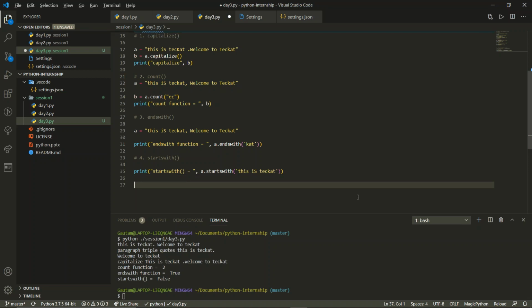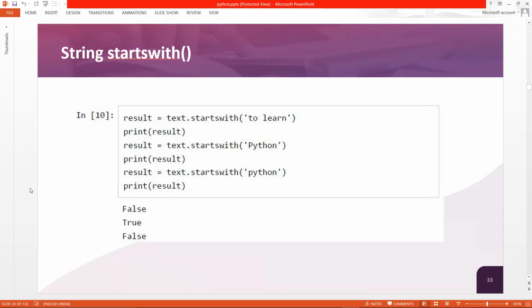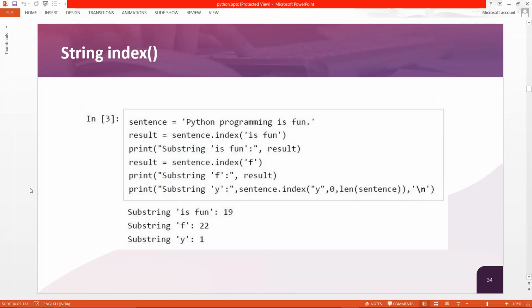Now this is done. Now after this, what we can go for, the system is a little slow over here. Now, yeah, index. So what is index all about? You can find the exact position of a value in index. Like is fun. So at what position is fun starting? If you are counting the position from 0, as over here everything is counted from 0. So 0, 1, 2, 3, 4, 5.